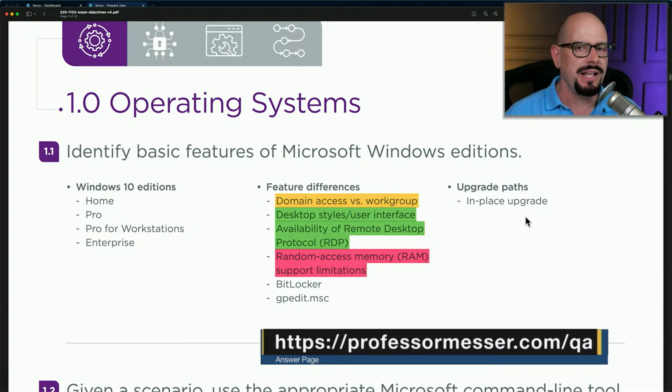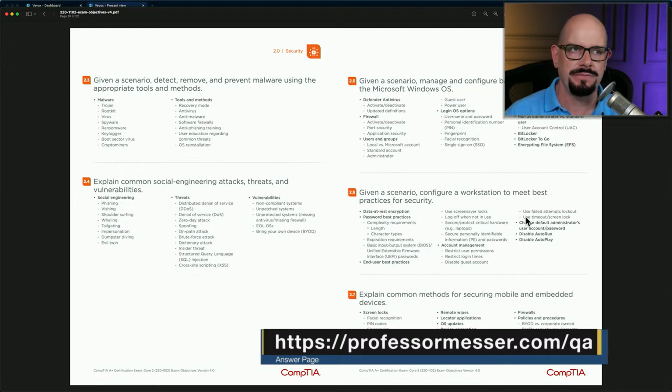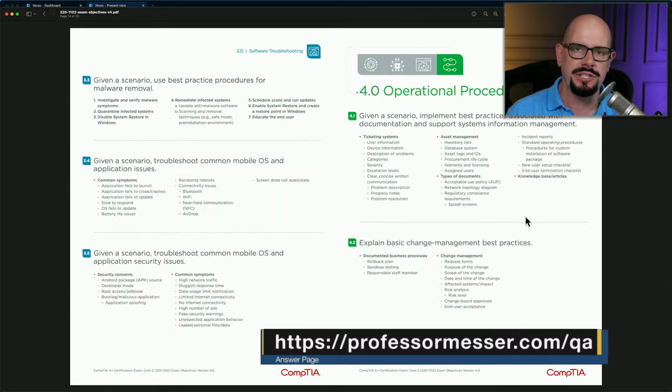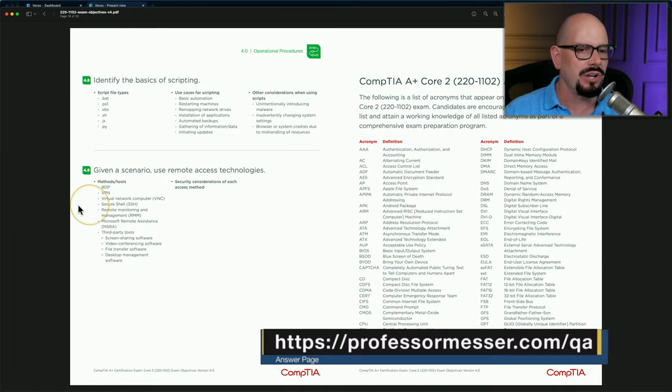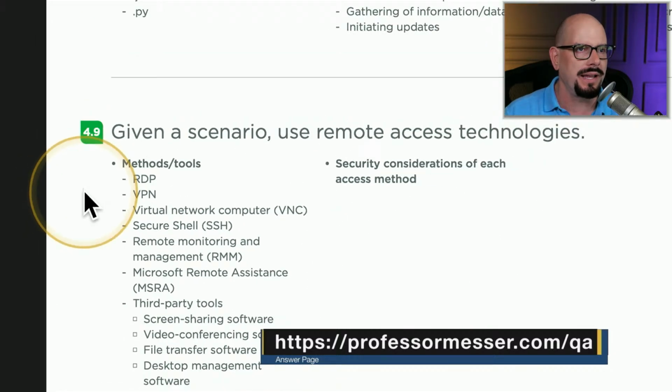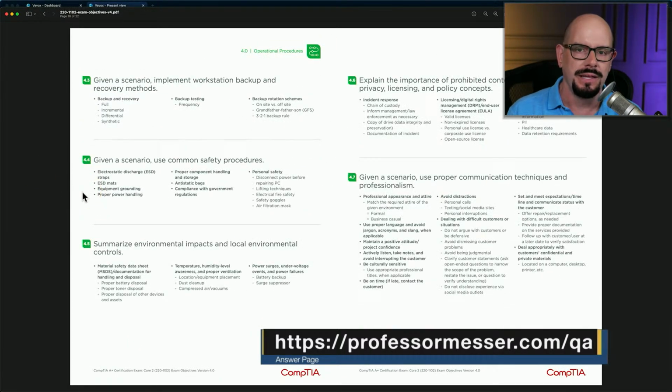They're very good at staying very close to these objectives for the exam, almost perfectly, to the point that I will tell you, if you memorize all of these different bullets, you can explain every single bullet to somebody else, and you go through the entire list all the way through section 4.9, which is for remote access, you're going to pass your exam. There's no way you can't pass this exam if you know every single one of the bullets in here.